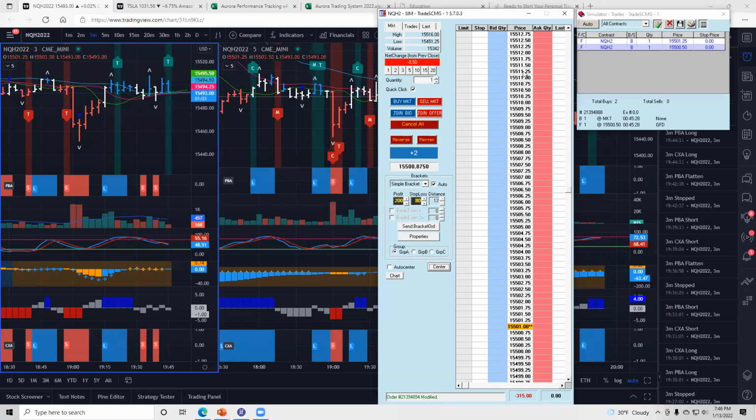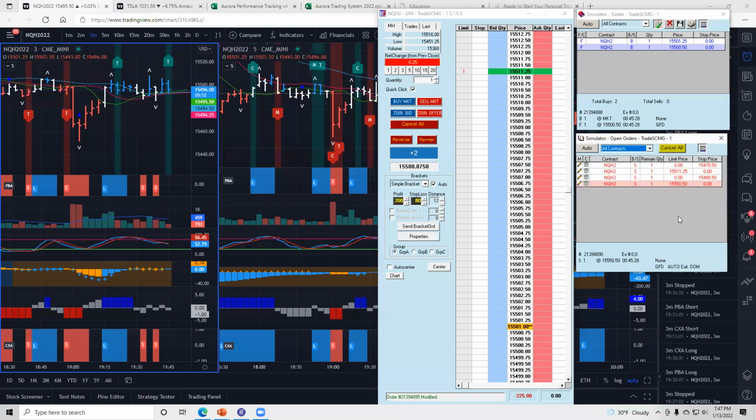So I'm simply going to click at 15,511.25. Now I can look at my open book, and I can see that I have a trade with a profit target of 15,511.25, and a second trade with a profit target of